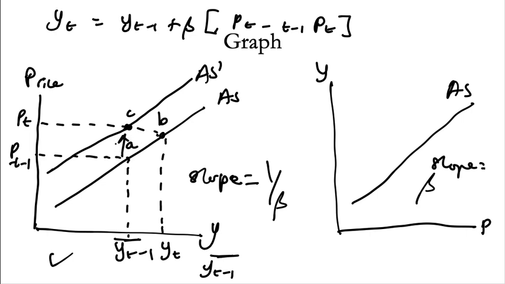All right. You can also try, let's say we pick another point here. Let's say here, call it point D. Now this one, the price is pt minus 2. Okay, then it's going to be on another AS curve, isn't it? All right, so I shift to the right and on point D.